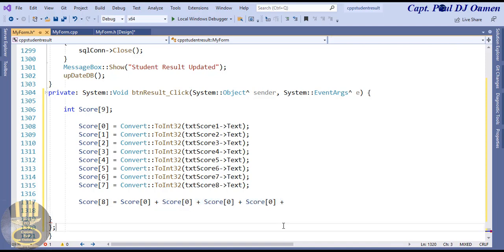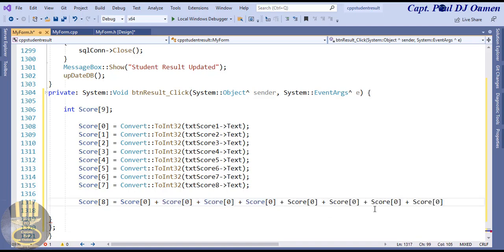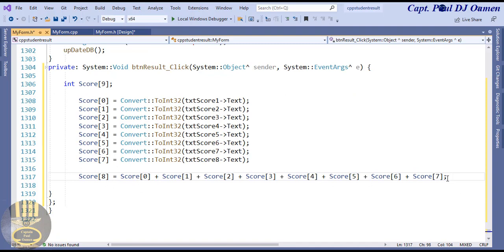There we have it, and that is it. We have 8 now, entire comma there. Okay, I'm going to number them accordingly. That is 0, 1, 2, 3, 4, 5, 6, and 7. Now I've added up all of the content in here and it's stored inside array number 8. It's called number 8. So in here I'm now going to say LBL